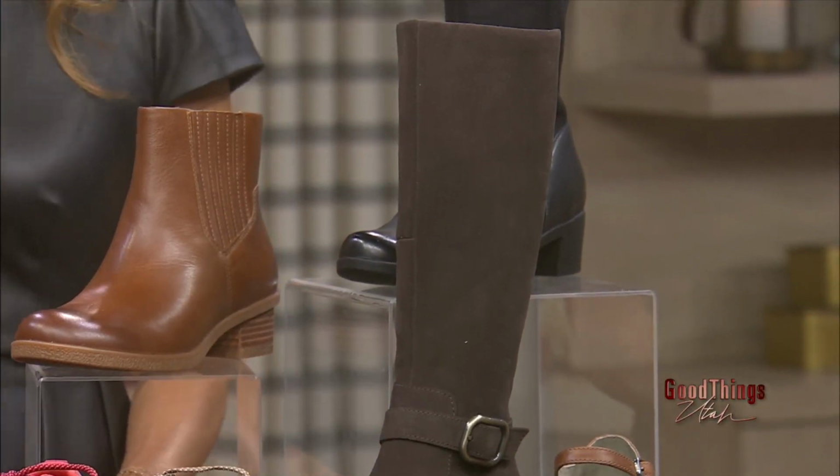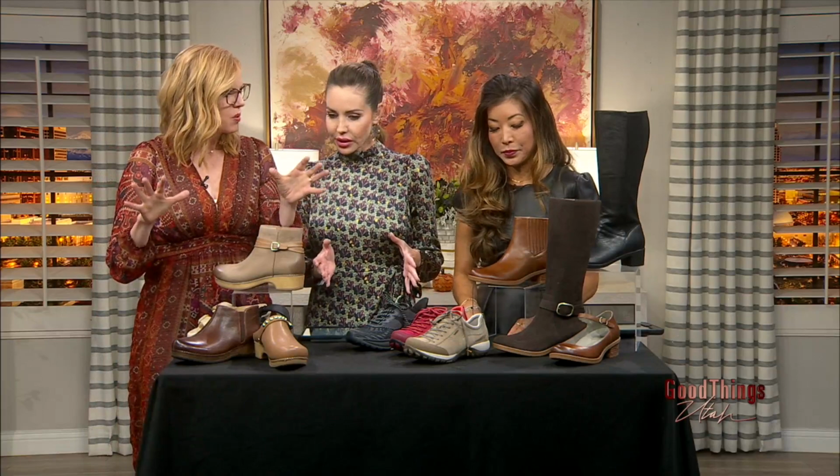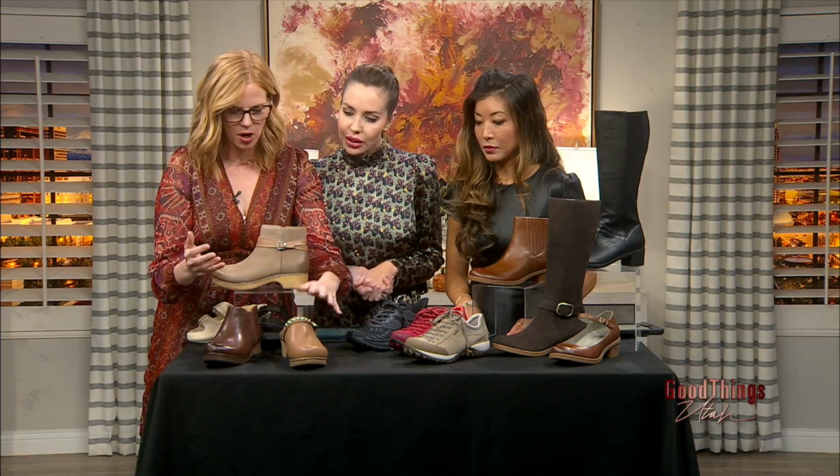We want it to last. Let's talk about the roomy toe box. What one is that? And talk us through those features. So everything I have here is going to have a roomy toe box. I especially like focusing on, here in our Barnes collection,